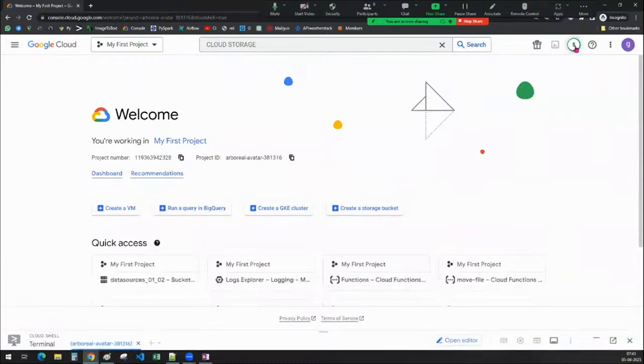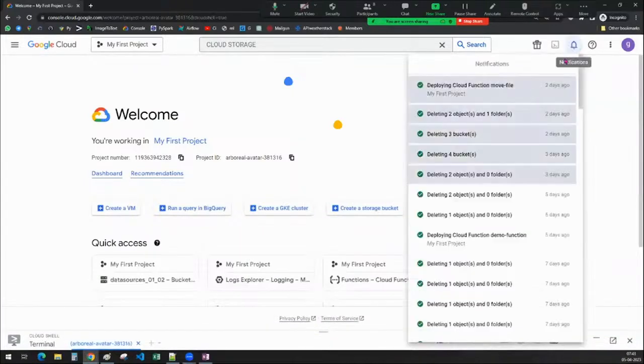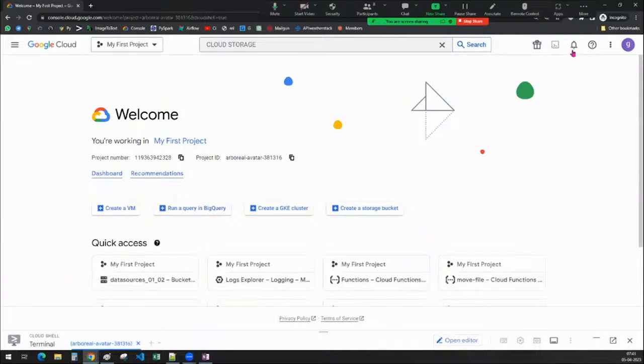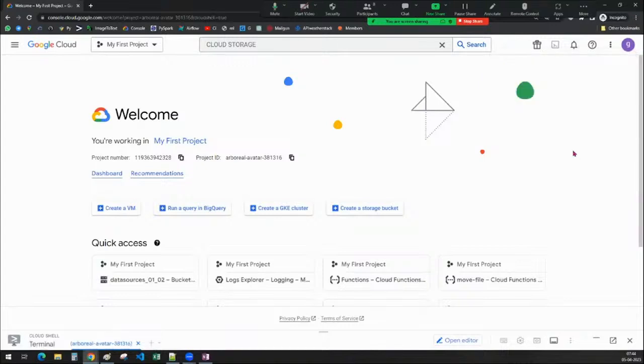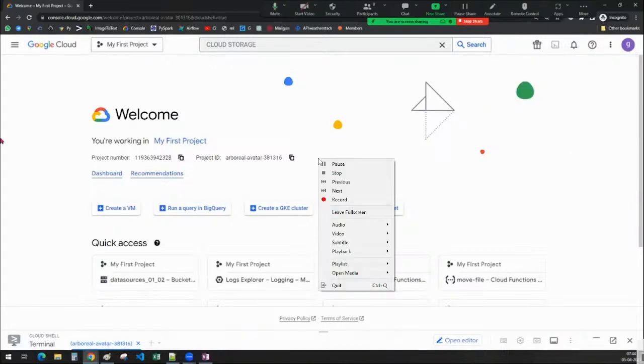And after that, this is where you will be able to see all the notifications when you create a bucket, when you delete a bucket, when you move something, you will be able to see here. And the settings, if you want to go to the project settings, you can go from here. And if you want to add one more account, sign out of an account, and you want to look at your account details, from here you will be able to do it. So this is all about the